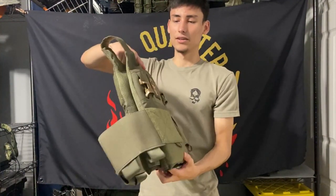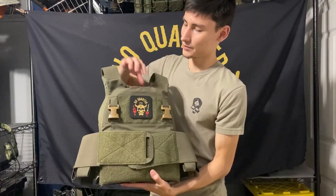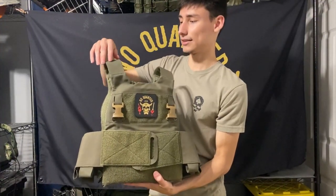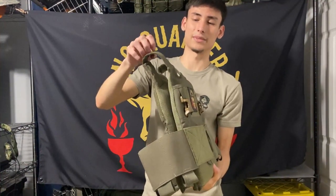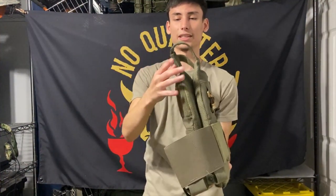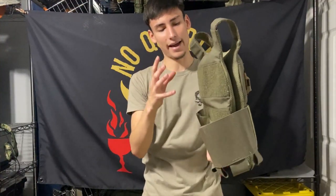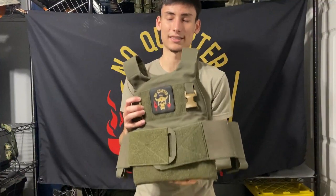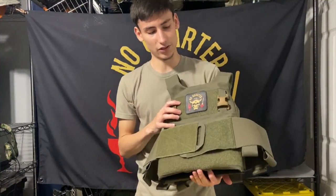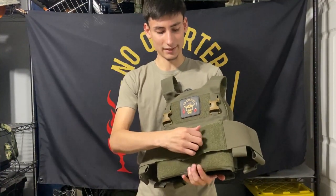So, going from the front to the back, you get two plate bags, and they are connected by a piece of this material with some Velcro, and that's what keeps the back panel to the front. Which means this whole thing is completely scalable to what exactly you need. So the front plate bag is very simple. What it is,